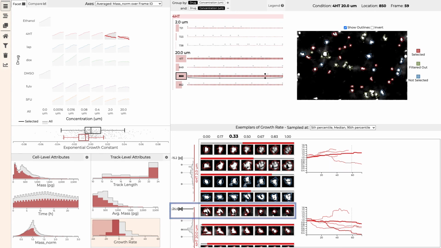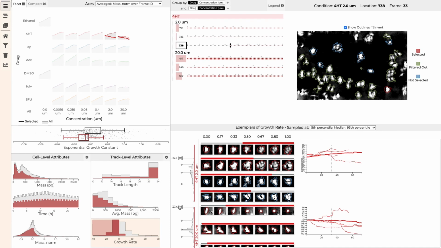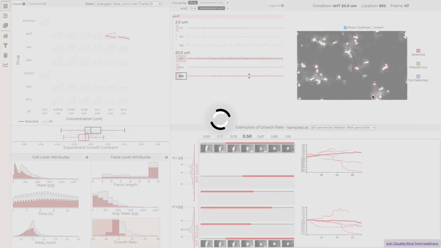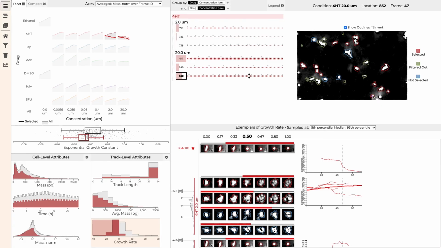We can examine other cells by adjusting the manual pin value. Here, we see a clearer example of a cell dying. Bookmarking this cell makes it easy to reference in later comparison and communication. This combination of cell growth curves and manual inspection of images is instrumental in verifying that these cells truly are dying, and the processing of the data